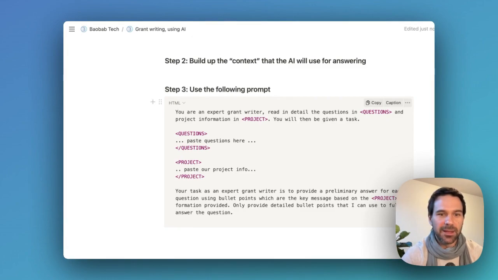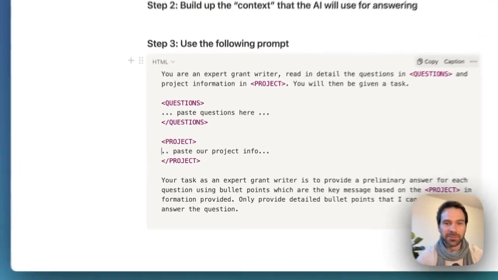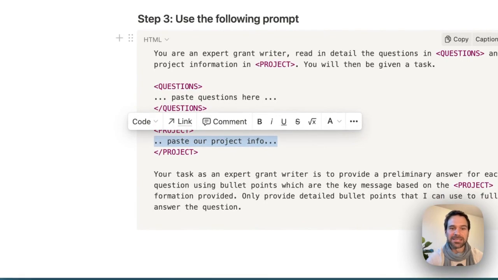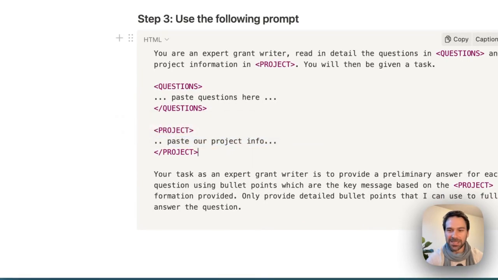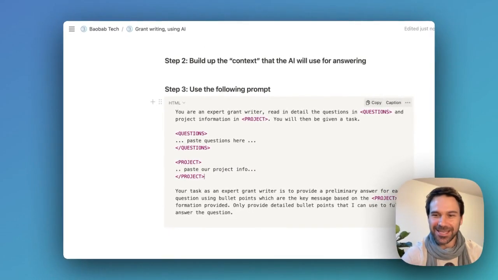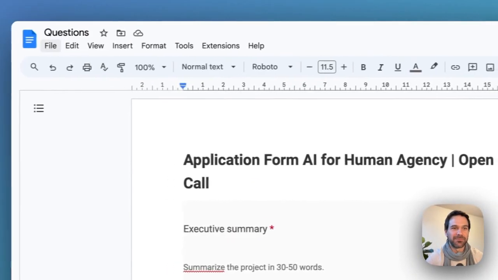So once again, we need to build our project info. This is important. Take the time to do this. Don't be lazy. AI is not here to make you lazy. AI is here to help you be better. So we're going to build a project information